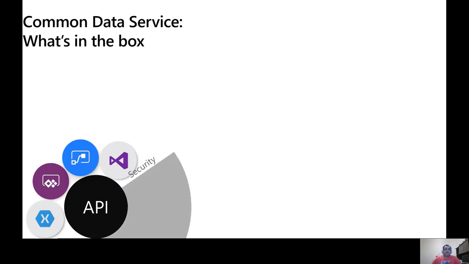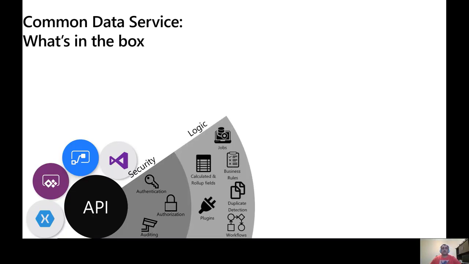Immediately below the API you have the security layer to make sure that the right people are seeing the right data, and auditing all access along the way. From there, we get into the logic where you can implement custom business logic. Because this logic is below the APIs, it ensures consistent business logic across applications accessing your data.